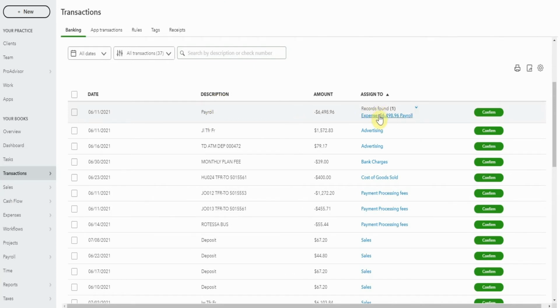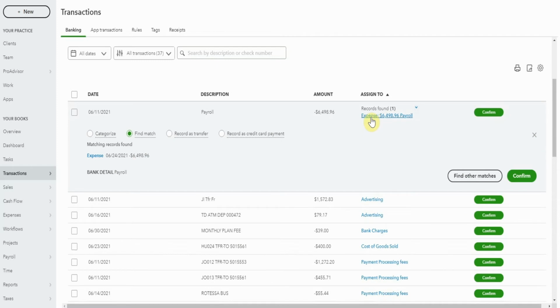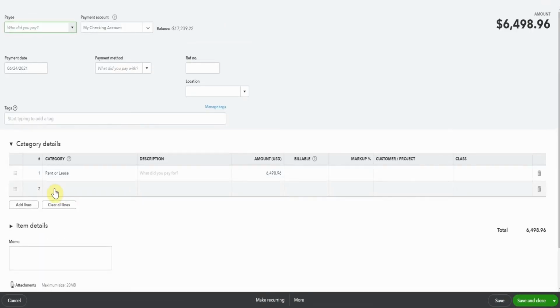Let's pop in, because you're going to get weird descriptions from your bank feed anyway, so it's not unusual to have to check that. Look at these weird things here. So I'm going to pop in and have a look at this expense here. And I'm finding it very curious that QuickBooks has made this word payroll here. It's another reason I'm not loving this format, but I've categorized this expense as a rent or lease expense. So I can see that it's in QuickBooks as a rent or a lease, so I'm happy with that.